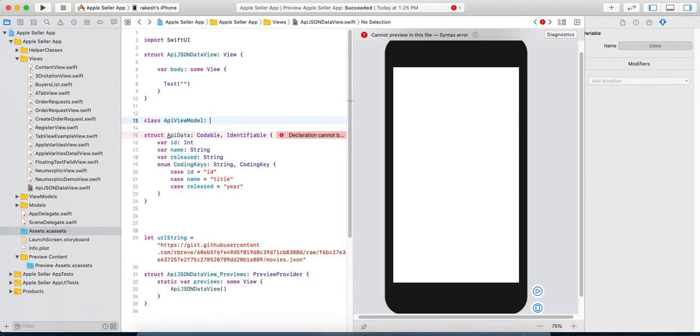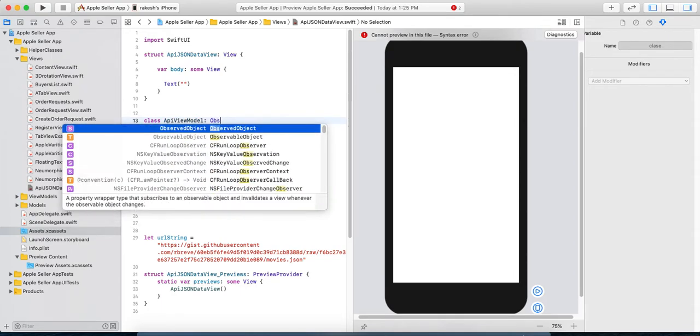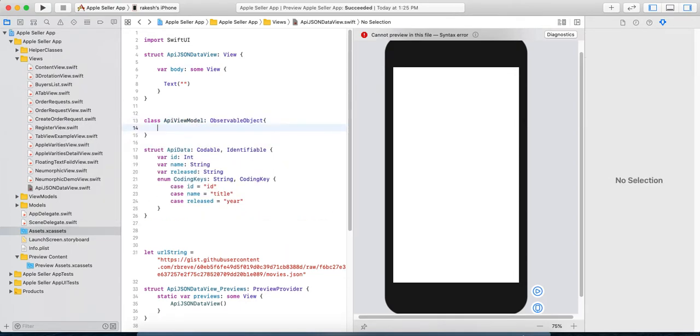It will be of ObservableObject type, with @Published var movies. It will be of type array of APIData.